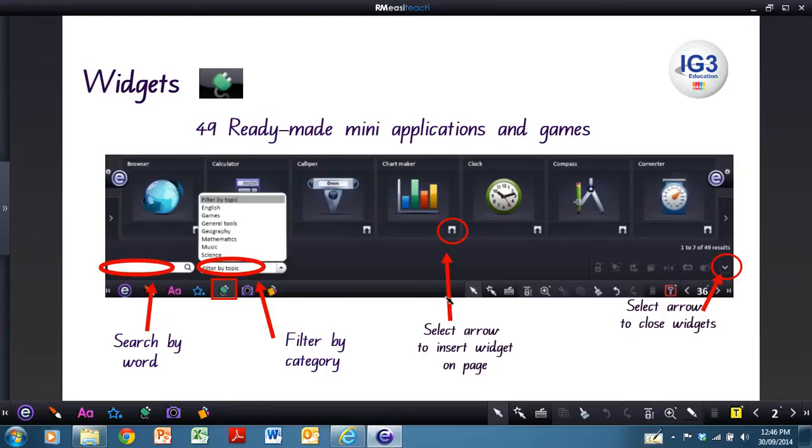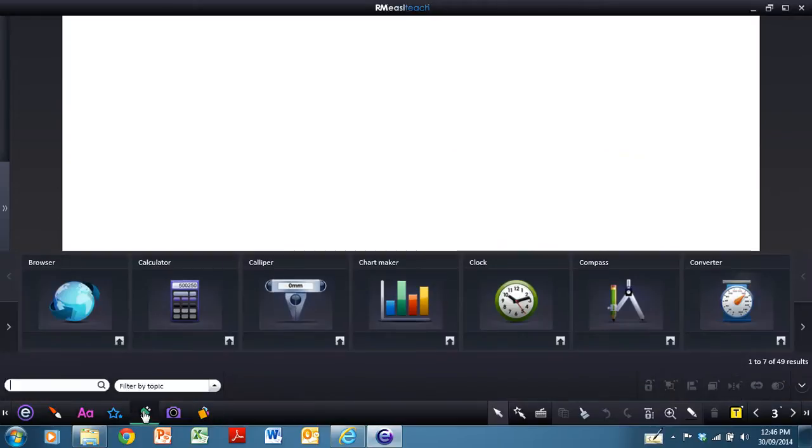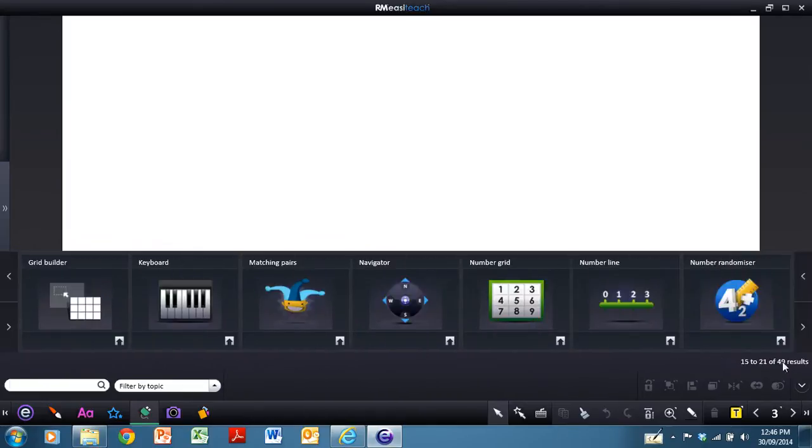This is a close-up view of the actual toolbar itself. I'll just go to the next page, and when I select this icon, you see automatically it will bring up a selection of tools in alphabetical order. As you scroll through here, you'll see more and more, and it shows you there are 49 tools there to select from. So if I wanted to just type in the start of a word,